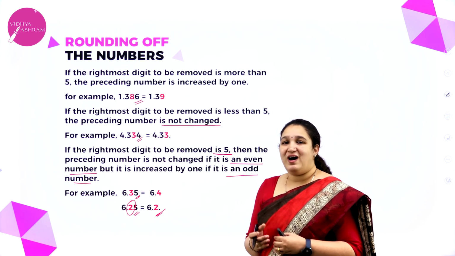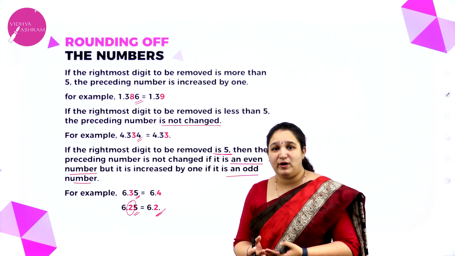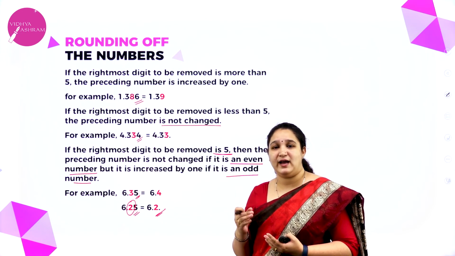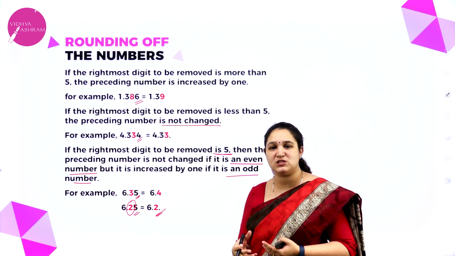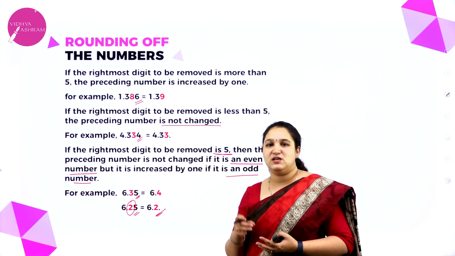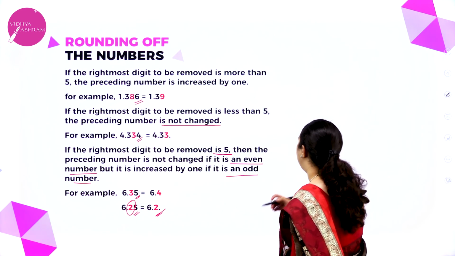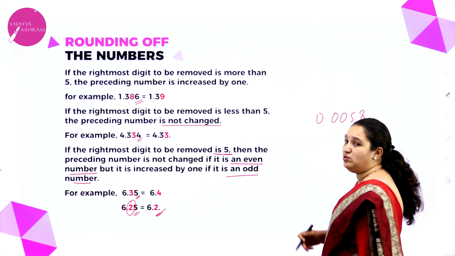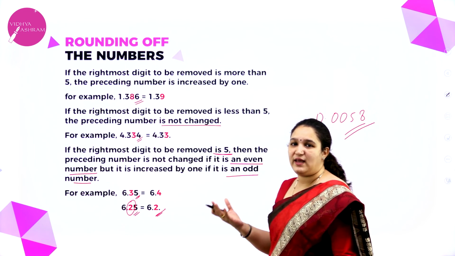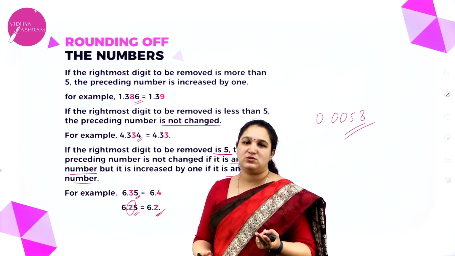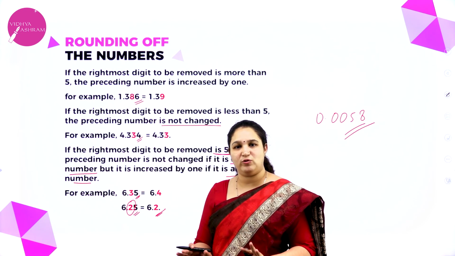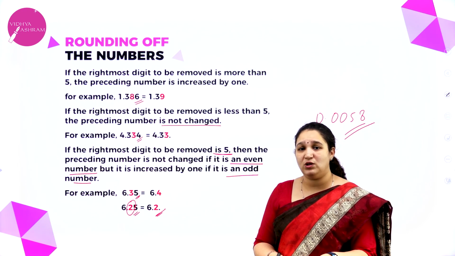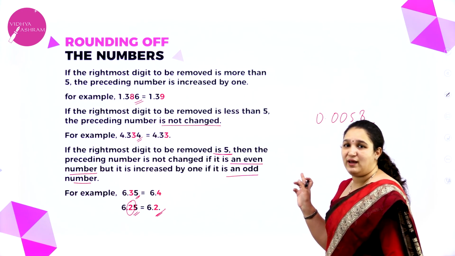Now, if you ask me from the exam point of view, is all this necessary for me to learn, and should I be able to write it in the form of rules? No. For significant figures, they will give you a value. For example, they will give you 0.0058 and ask you to write how many significant figures are there in the given number. Only 2 significant figures are there. You are supposed to write only so much. No one is asking you to write the entire rules there, but you need to know the rules to answer the question they have asked.